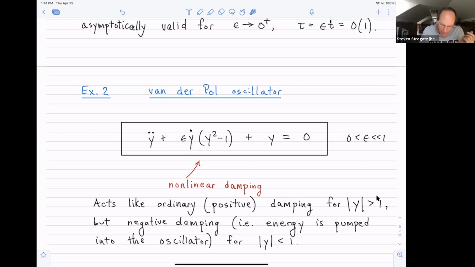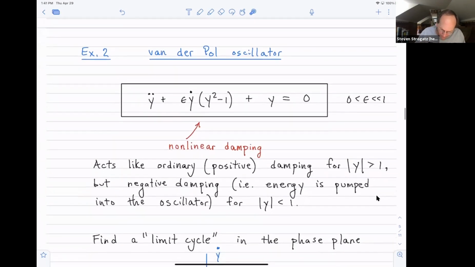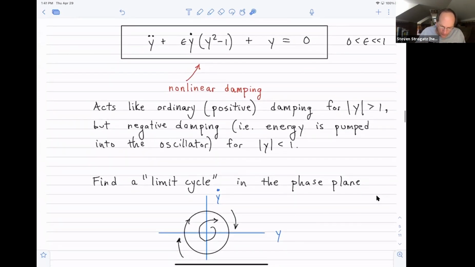Well, this system has some character of ordinary damping as well as pumping. So when the energy dissipated around one cycle is matched by the energy pumped in on average, that will be its steady state amplitude. And so we want to understand, what is that amplitude? So if you've taken a nonlinear dynamics course, you probably learned that this system has a limit cycle in the phase plane. If you study the plane with axes y and y dot, and say solve the equation in a computer, you'll see that it spirals down onto a very nice, almost perfectly circular limit cycle.